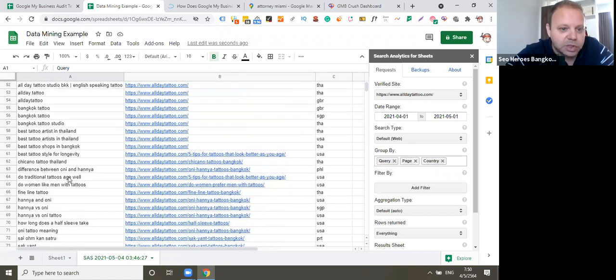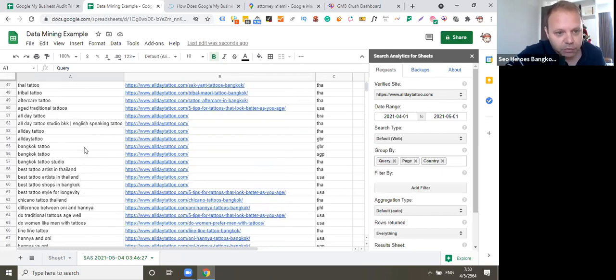And you can also start to see how people are searching for your brand name. It's also very interesting sometimes to understand how people are searching for your brand name, because sometimes the competition is bidding on Google Ads for your own brand. So they want to steal customers from your brand,